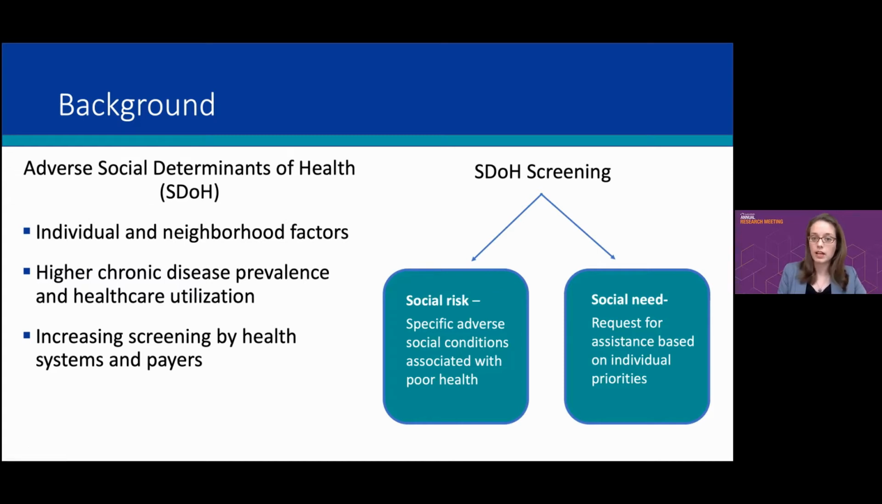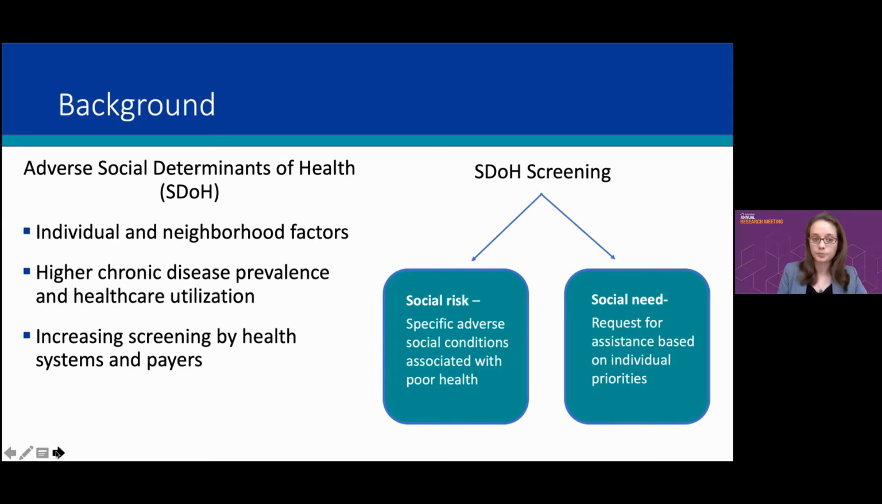So for instance, housing instability or food insecurity, and for social need or the request for assistance based on an individual's priority. So someone asking for assistance with food. And those are the terms we'll be using in this paper and presentation to differentiate those different areas within an